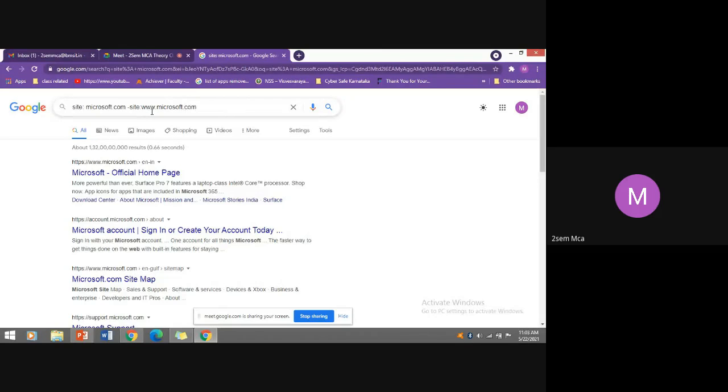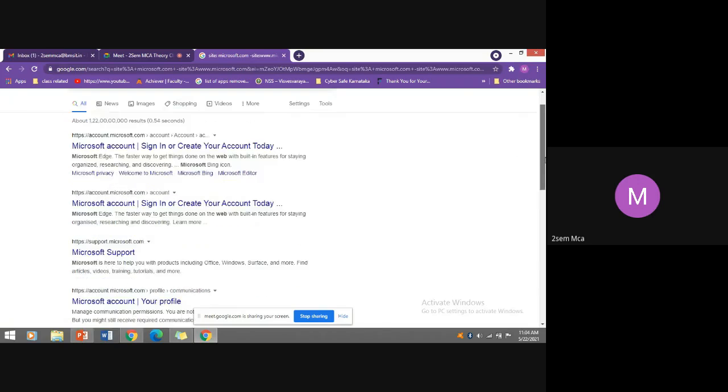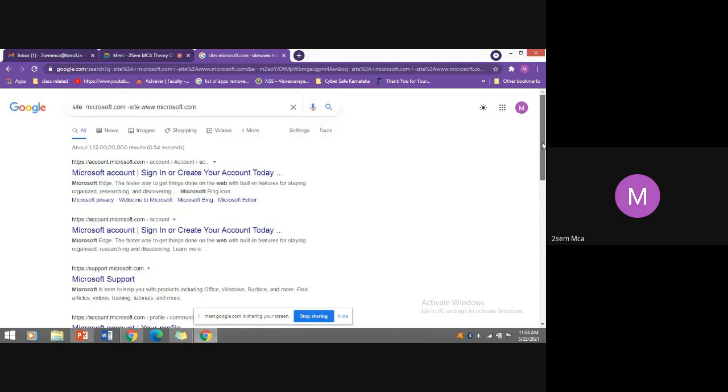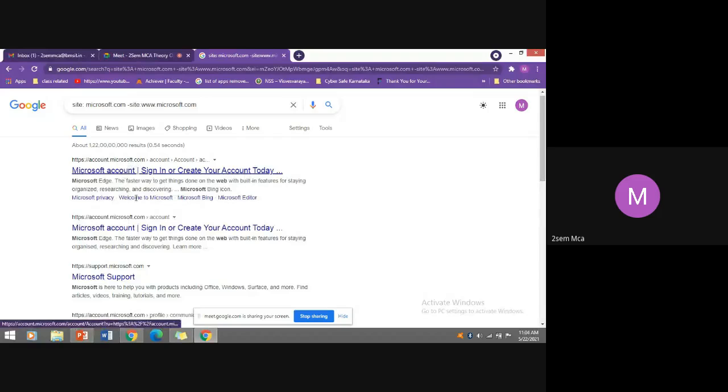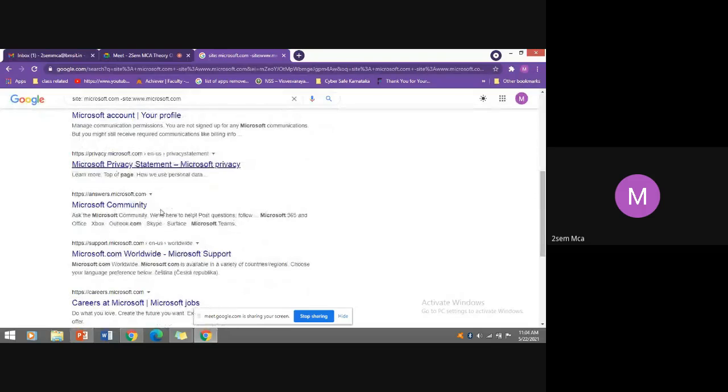If you don't want to include the commercial companies of the .com, it is going to hide the subdomains. It is only going to display the com sites, the Microsoft com site. It is going to hide the subdomains of Microsoft.